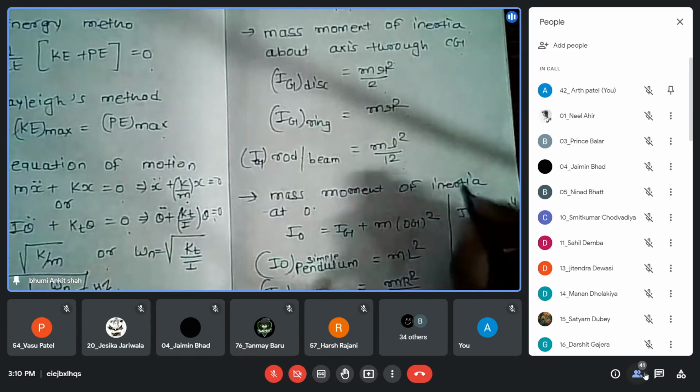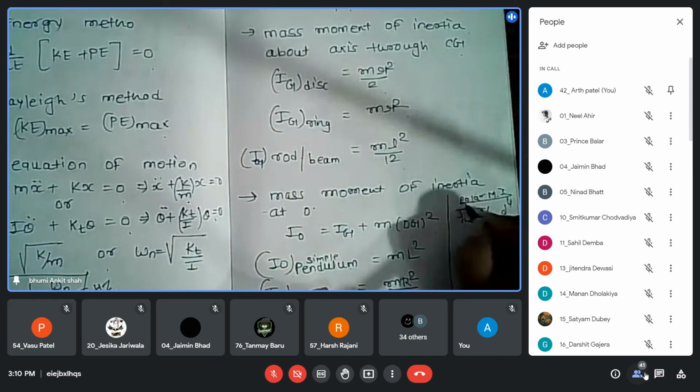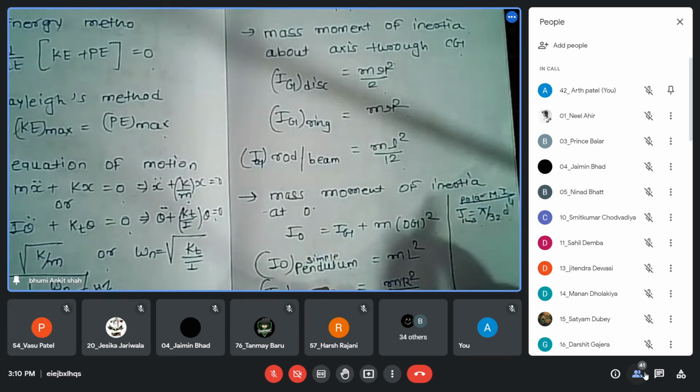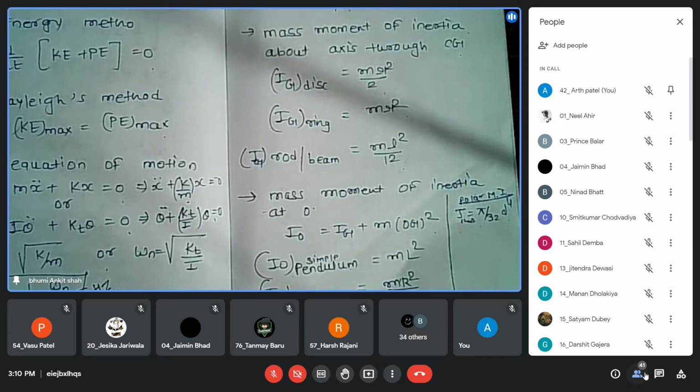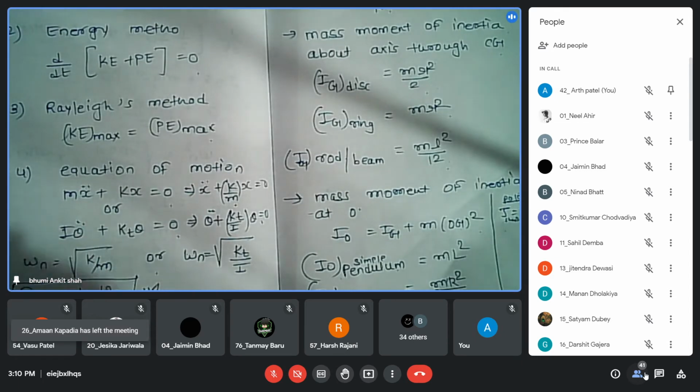Just see. This is the simple polar moment of inertia for your reference. I know you are aware, but it is for your reference. J for shaft is pi by 32 d to the power 4 for a shaft. Okay. So I have tried to cover all the equations which we have used. Now you have to add your efforts and your logic, so any problem can be solved, any structure can be solved.